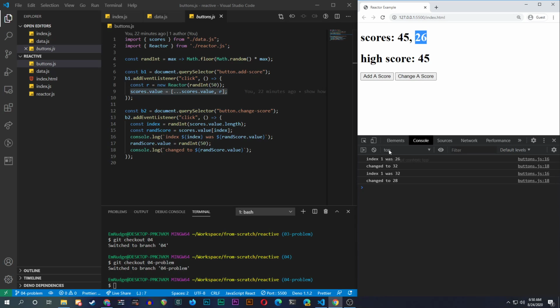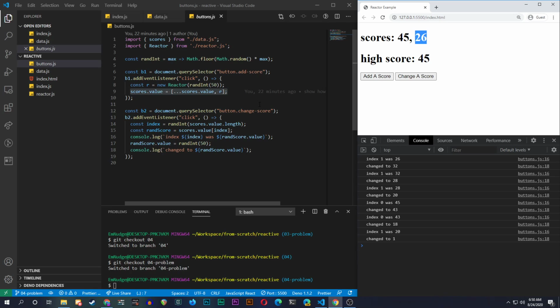Let's change it again. I changed 32 to 28. Change one more time. So 45 to 43. Nothing's changing over here. That's very weird. Now, the reason why this is happening, this is not a surprise to me, is because